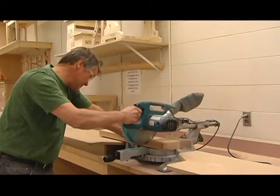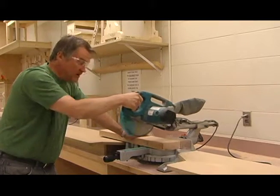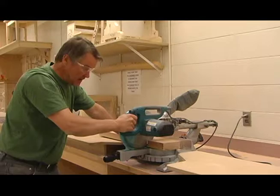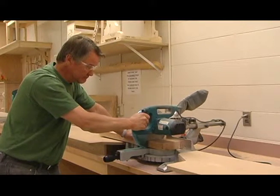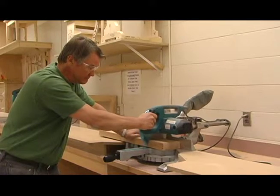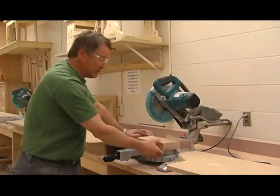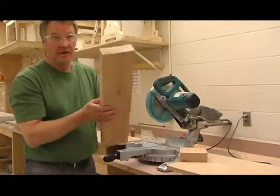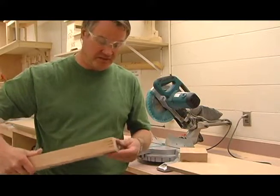Three-quarters. Now all the way through. All the way down. Nice and slow. Wait for it to stop. Lift the saw up. And we've now cut through our 8/4 piece of oak, which, you know, it's a very dense wood,